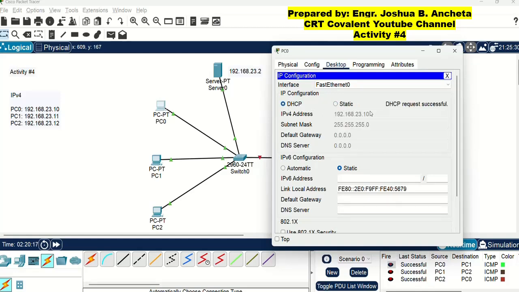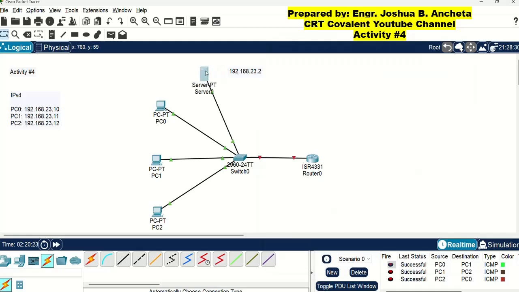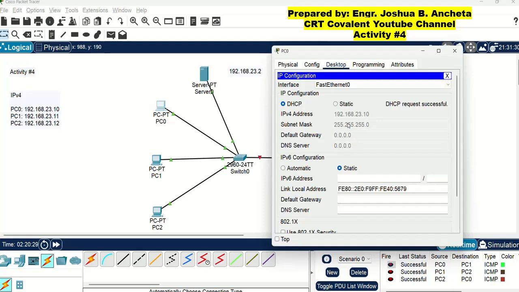So as you can see, DHCP request successful because we put the server to provide DHCP addressing or dynamic addressing. So as you can see, the IP address assigned for PC0 is 192.168.23.10 and it is automatically generated.